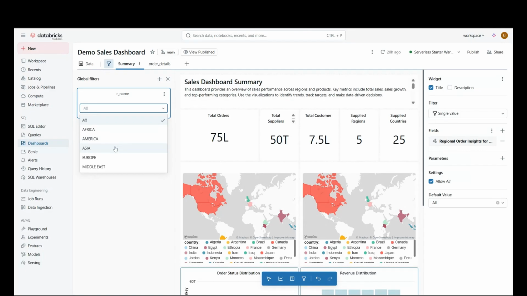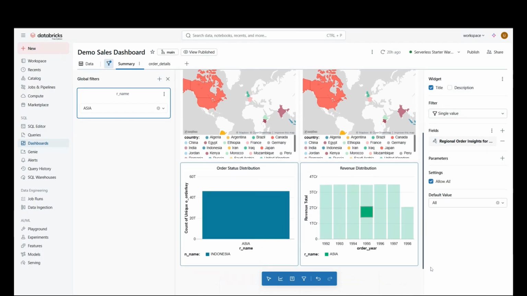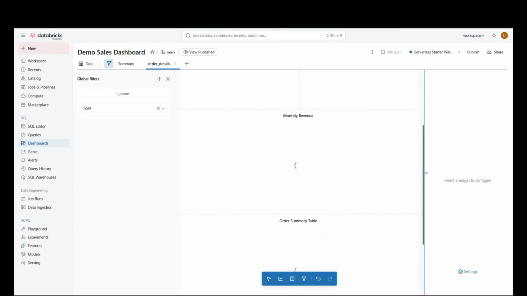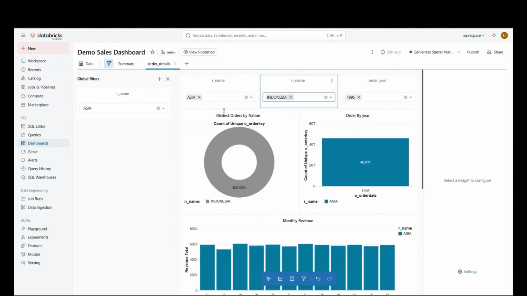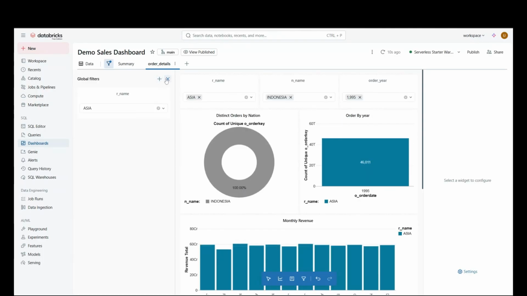So once I select on Asia, you could see in the bottom, it drilled down to only Asian countries. And once you go to other pages, again in the order details, you will see it would have been drilled down to a particular filter automatically. And this filter will be applied across. If you want to apply some filters across pages, you can use this. For this demo, I have not used it, and we can remove this,